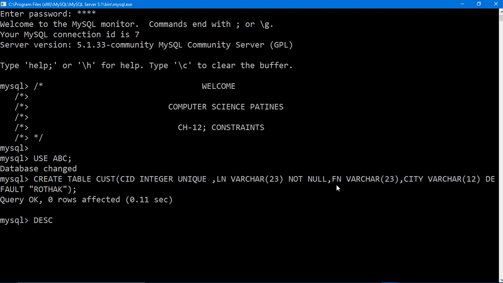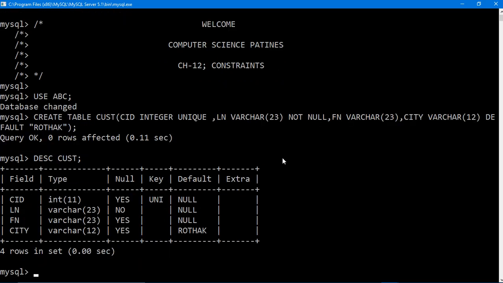Let's see how my table looks. See, the unique constraint has been implemented on CID, and the default constraint is implemented on city, no one else. So wherever you are not passing the city value, it will take Rohtak.